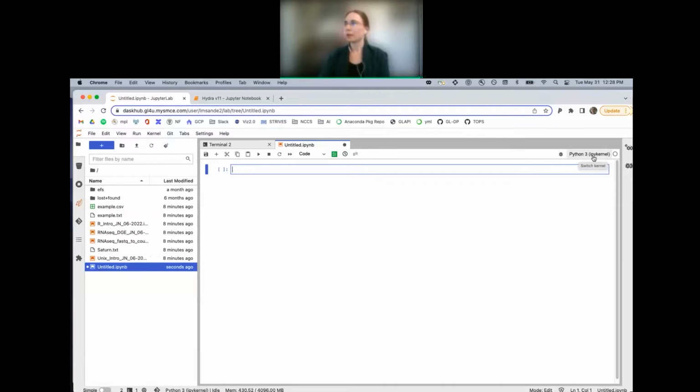So the kernel refers to the underlying code installation that is being accessed by this notebook. This is a notebook that is currently running the Python language. There are different coding languages. We're going to use two different coding languages in this workshop, Python and R. And so we have two different kernels, one that has the Python language installed and one that has the R